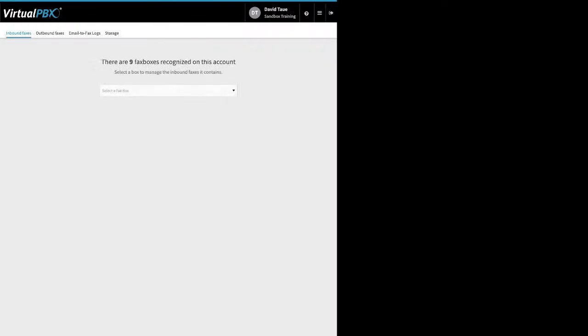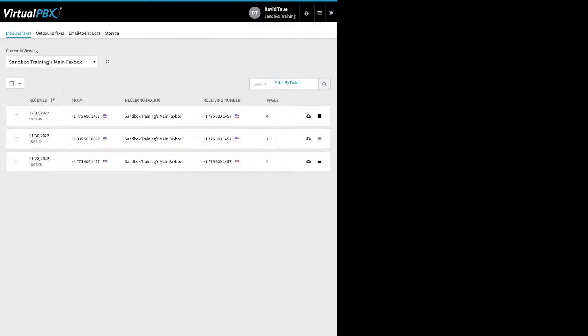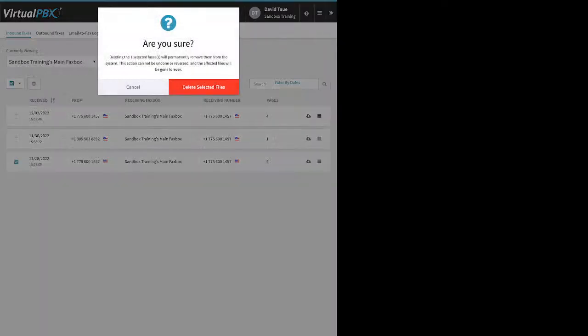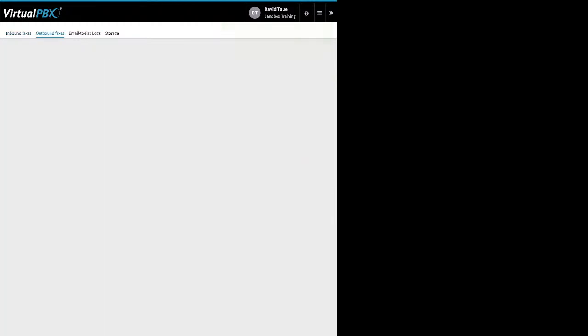All right, faxes. This is an included feature. This goes to your fax manager, so you can get to any of your fax boxes on the account. In this case, I'm on my inbound faxes for this account. I can see the date and the time, the phone number that it came from, phone number it went to, the number of pages. I can download it and see more details. I can also click on one here and say just remove it from the account. Right, which again, it would be if I'm concerned about data storage. This system will automatically remove it after 30 days. Outbound fax tab,